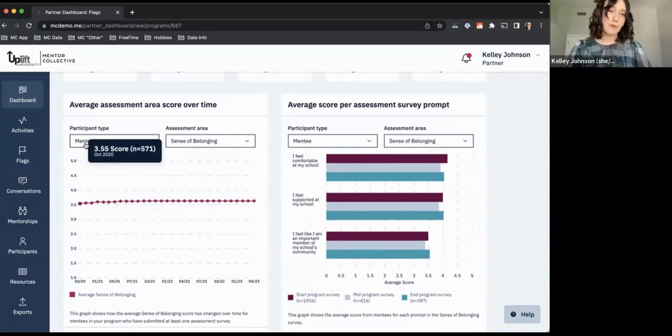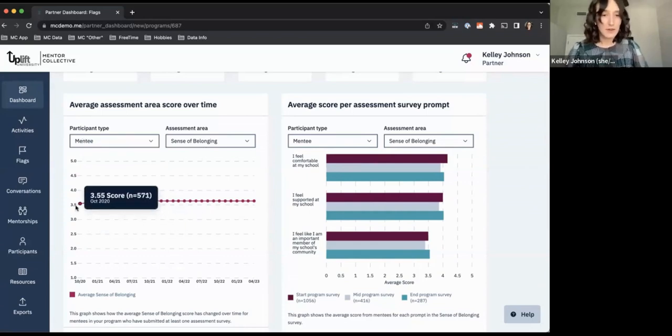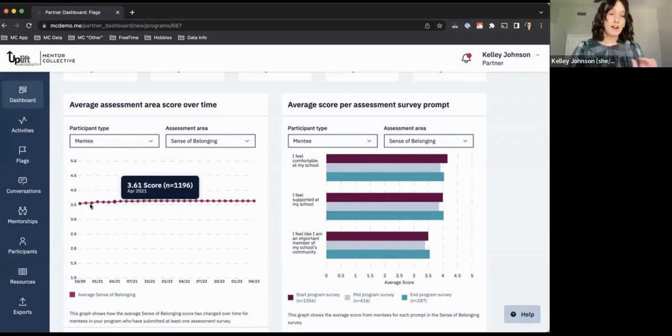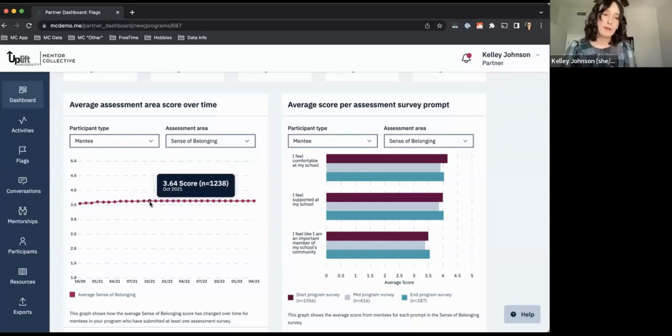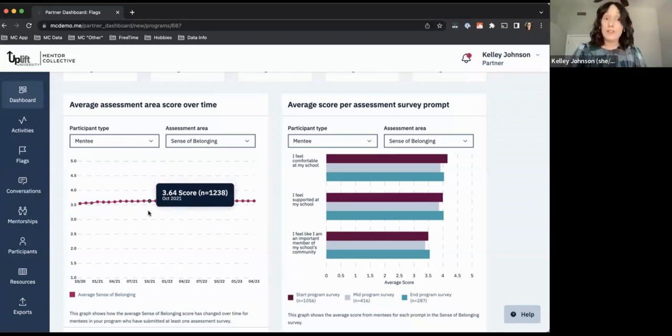So you can see that for mentees, their sense of belonging in this program has been fairly consistent over time, but sometimes we do see programs where during the academic year, academic self-efficacy or sense of belonging might ebb or flow. You might see some peaks and some valleys. Especially if you're working with us year over year, you might start to notice some trends. For example, perhaps, let's say in October, you see every year sense of belonging seems to dip a little bit. If you start noticing trends like that, that is a really good indication that you could perhaps start offering some kind of additional support to students in the area of fostering sense of belonging around that time.